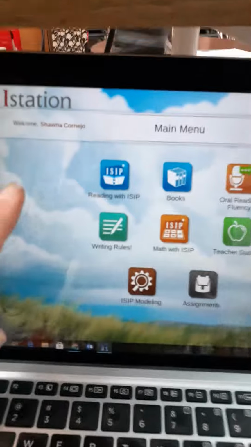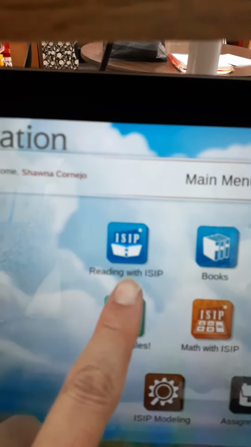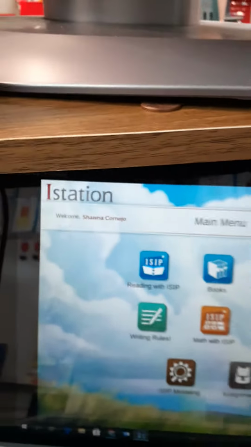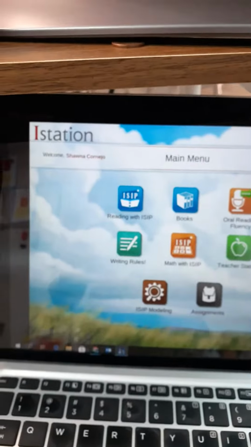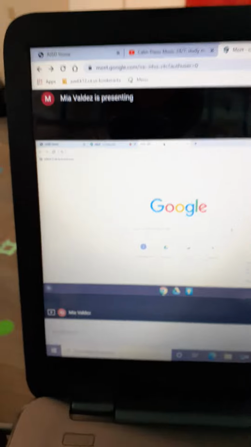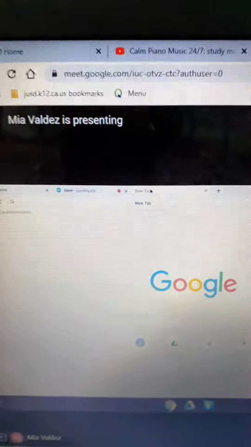Today we are taking an IStation assessment in reading. This tutorial will give your child a step-by-step instruction on how to get there so you can help them. When your child is on our Power School Learning page or our Meet page, they will